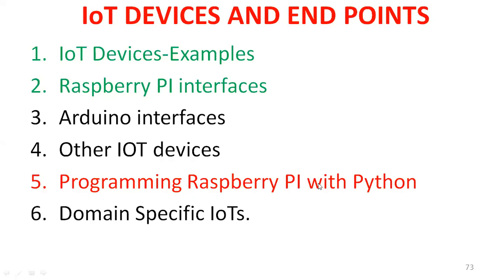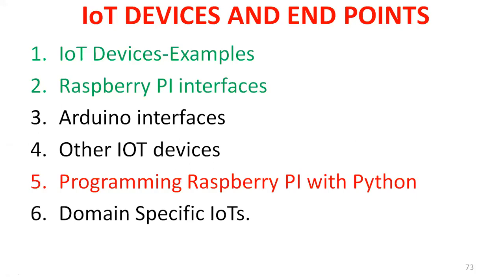In this session, you are going to learn about programming the Raspberry Pi with Python. How can you program the Raspberry Pi with Python? Here, "Pi" indicates Python. That means you write programs to implement the Raspberry Pi using Python programming and the Linux operating system. You are going to write some Linux commands to implement the Raspberry Pi.